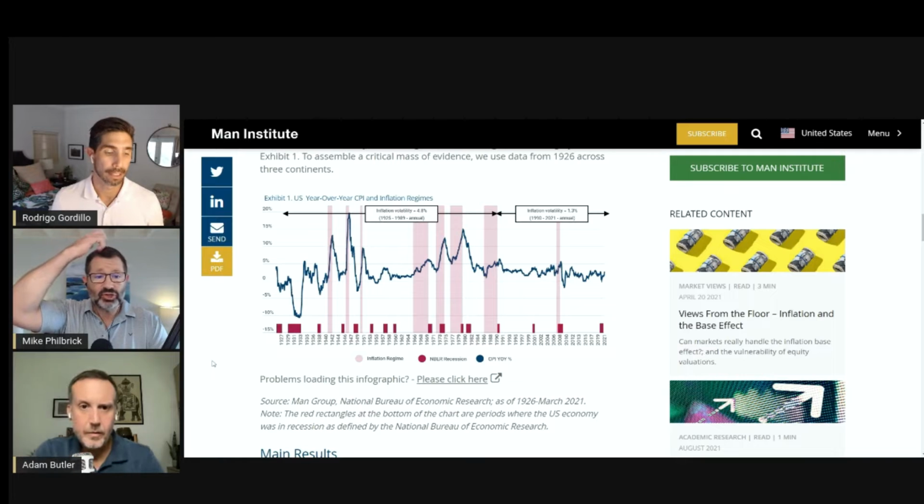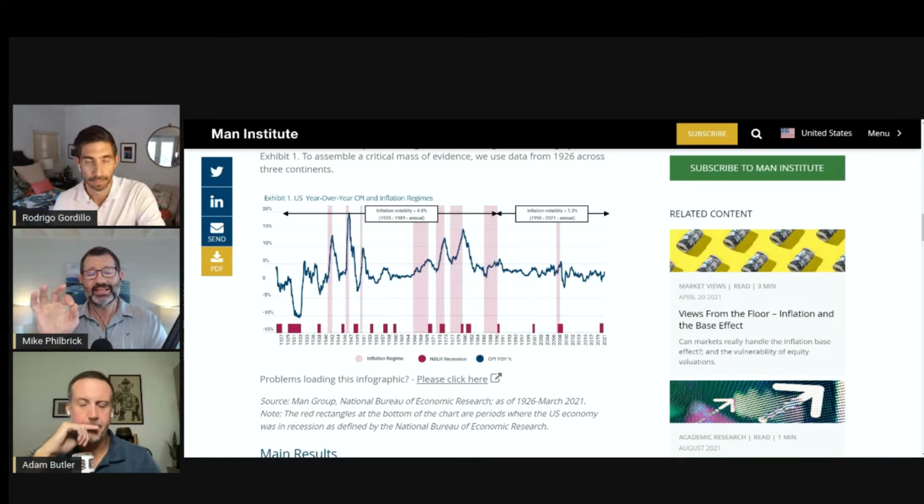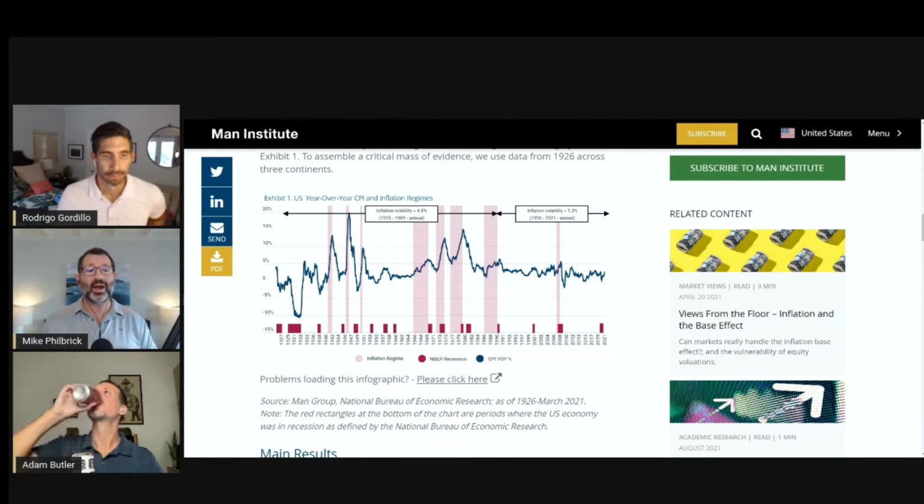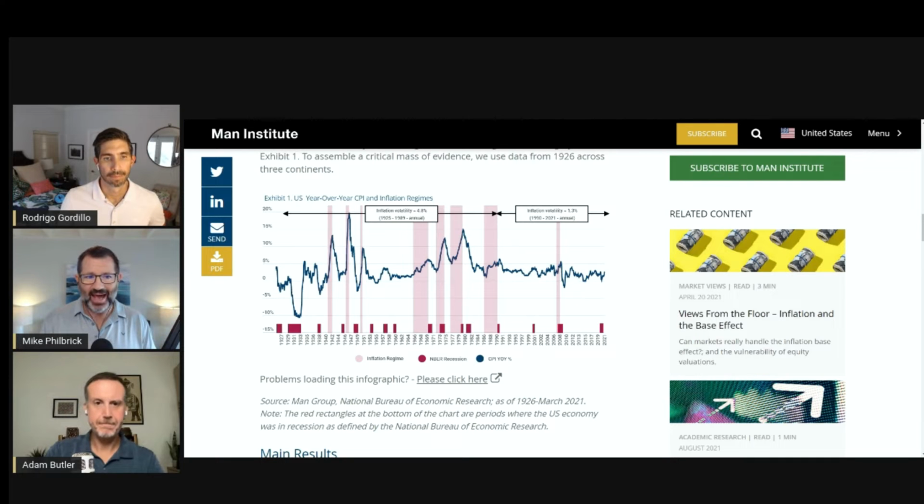Yeah, but just to highlight it a little bit more, from 1990 to today, we've experienced inflation volatility of around 1.3%. If you go back prior to 1990 into the late 1800s, so the previous 100 years, you had inflation volatility that ran around 4.8%. Remember, this is inflation volatility, as Adam laid out. This swing from disinflationary to inflationary, these things were happening much more regularly and had significant impacts on asset prices.